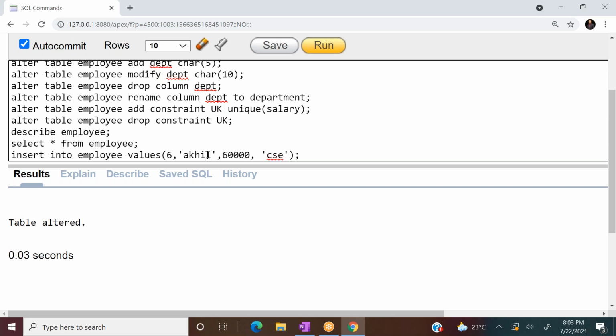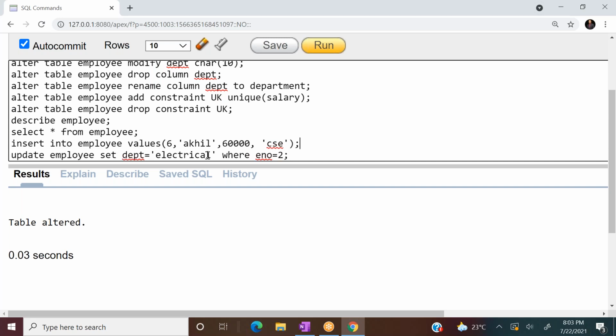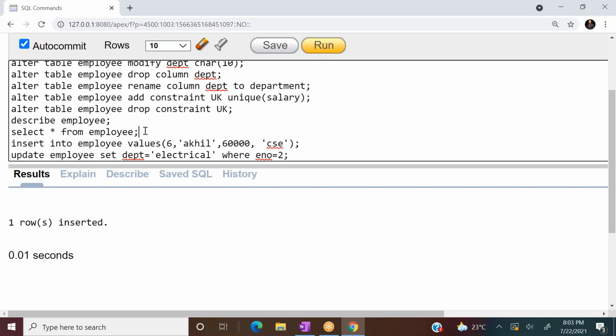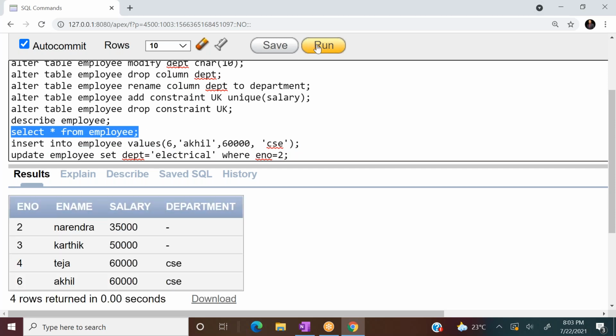Previously Teja already has 60,000. If we insert this record, it should not give any error, because the unique constraint is already dropped. Now one row is inserted. Display the table, click on run. Now you can see Akhil also has 60,000.